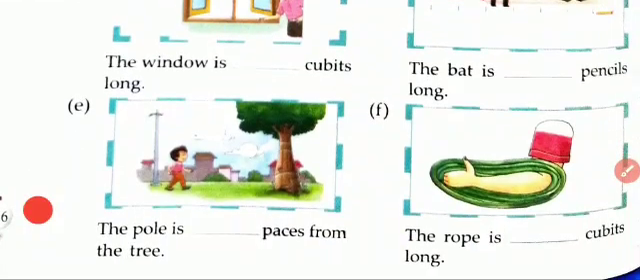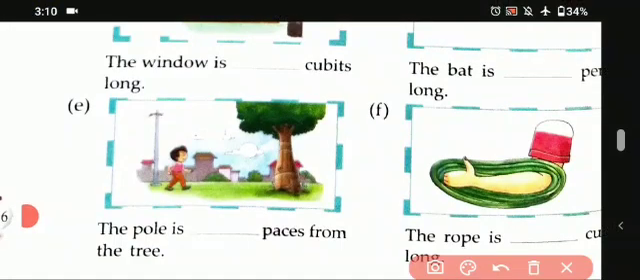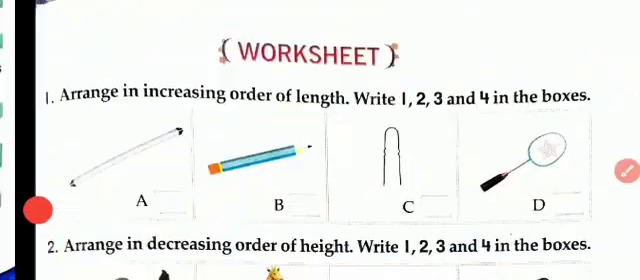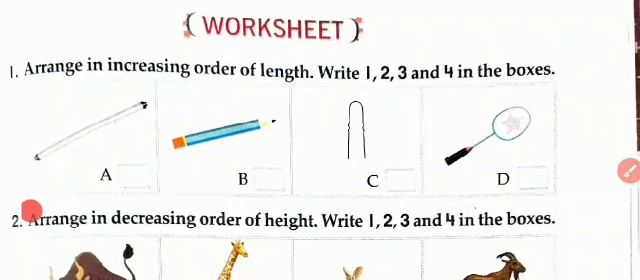And then we have another one. There is a pole. The pole is dash pace from the tree. So there is a pole we can see here. Let's count it: 1, 2, 3, 4, 5 and 6. Okay students, that means 6 paces. So we have to write it down here. Then there is a rope. In this we have been using the cubit. When we count it, it comes to 6. Okay students, so this is how we have to do it. Okay, then there is a worksheet, and in this till